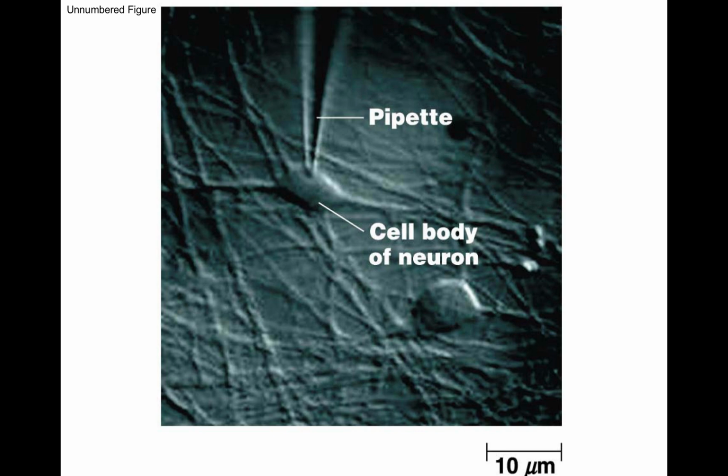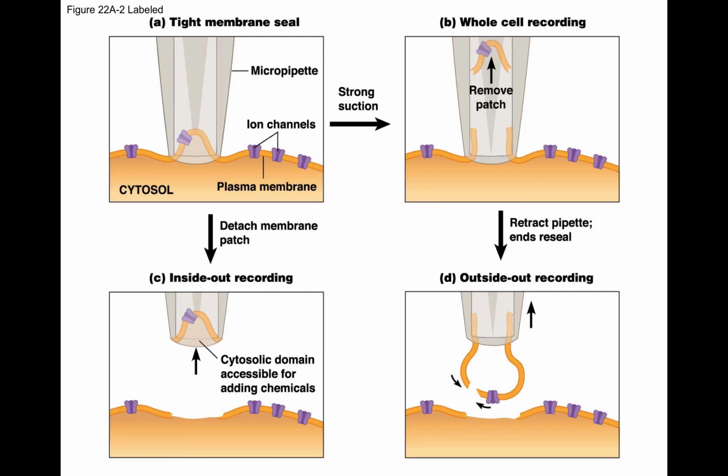So this is what it would look like under the microscope. This is in the cell body of a neuron, where this pipette is drawn down and is just touching the surface of the cell membrane and forming that gigaohm seal so that you can get a patch of membrane and then see what is in your membrane. There are all kinds of different ways this experiment can be manipulated. So this is the sort of thing I described, but you can also apply suction through this micropipette and rip off a piece of membrane if you want to study just that piece in another context.